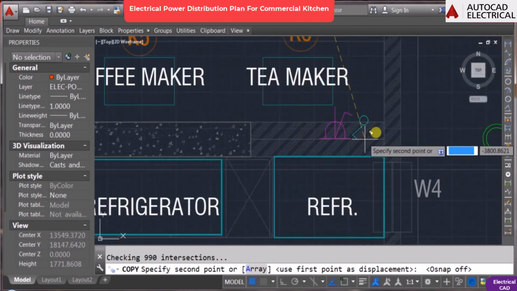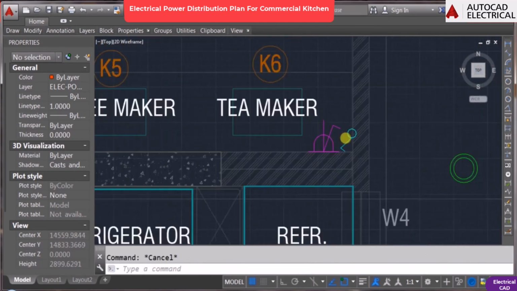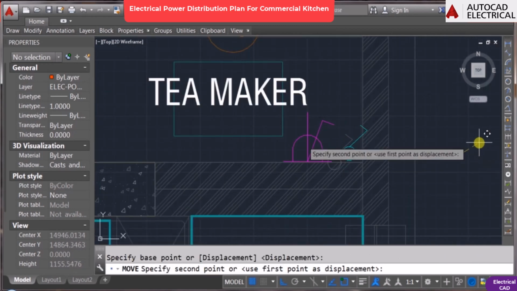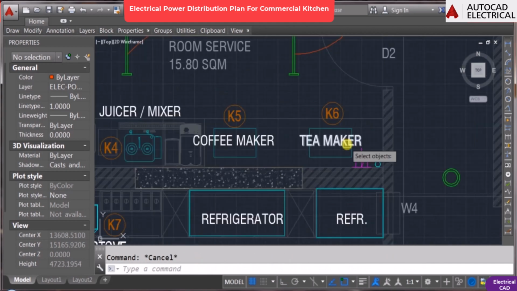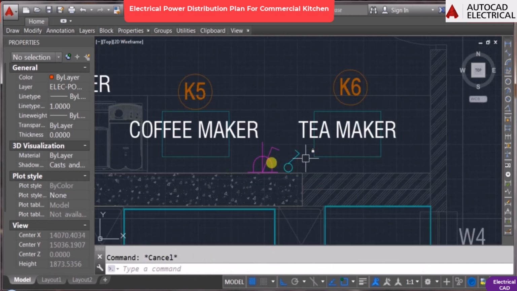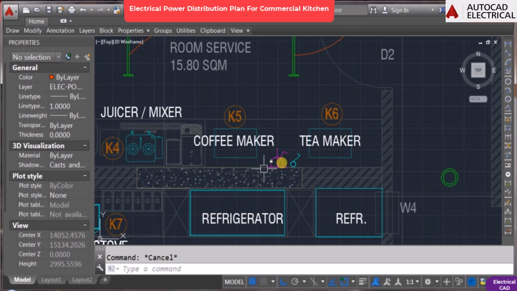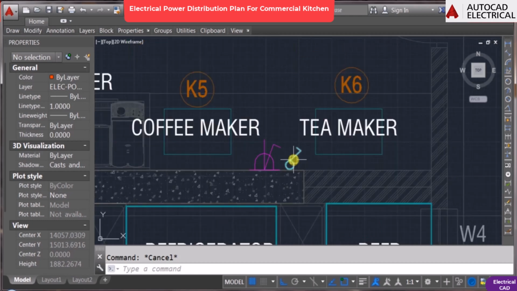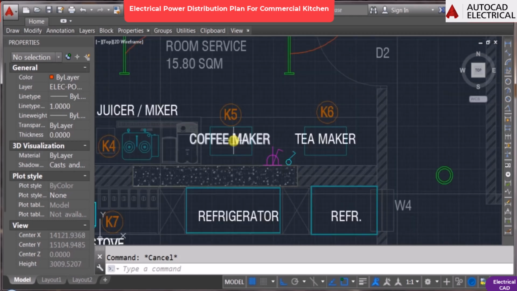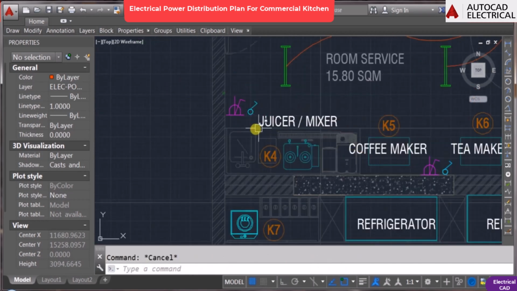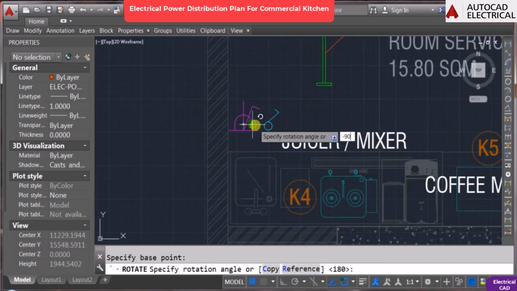Let us give here the switch and socket for this tea maker, or we can use the common for this coffee maker and tea maker. We can use alternate for coffee maker and a tea maker. This switch socket, this is the switch and this is a 3-pin socket we can use for this coffee maker as well as the tea maker. Keep the separate 3-pin socket and switch for this mixer or juicer,